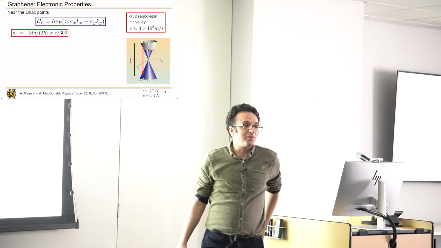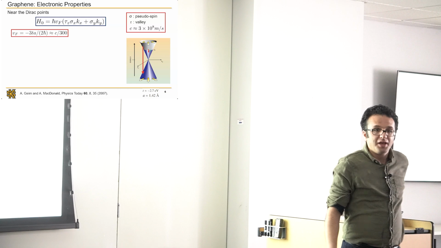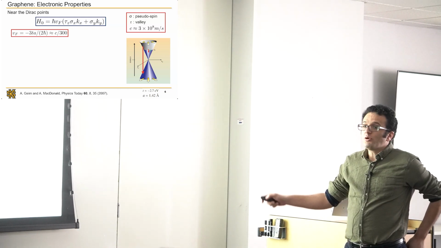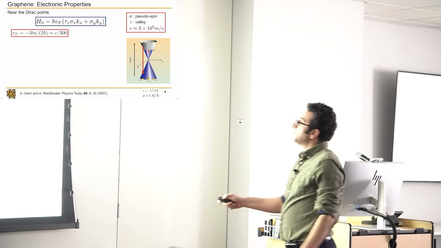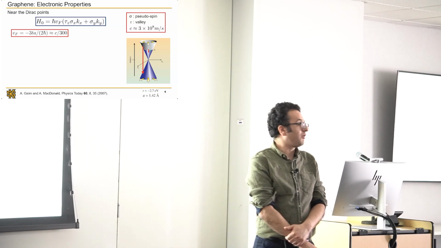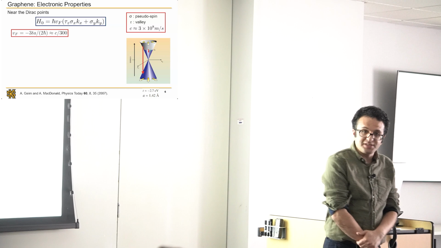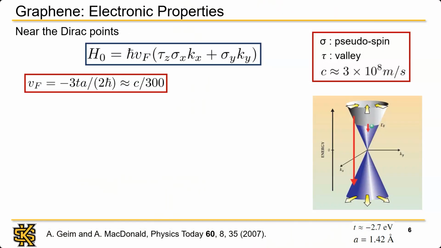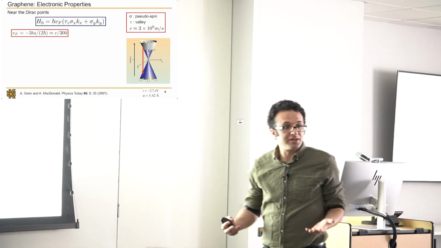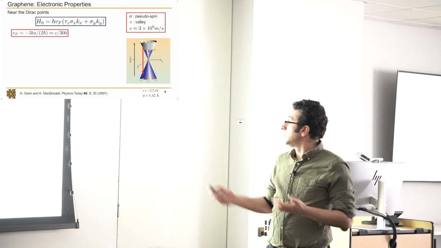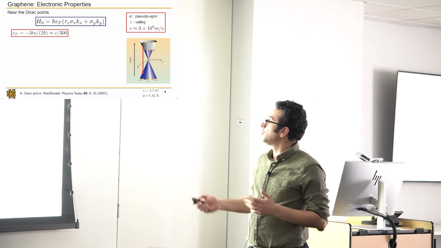Now, what is very interesting about this Dirac-like equation, if you notice, is that the Fermi velocity, or the velocity at which these electrons move, is the speed of light over 300. So we have effectively relativistic quasi-particles in a material that do not move even close to the speed of light. And this is what's so fascinating about these quasi-particles in materials, specifically in this new type of, let's say, 2D materials.